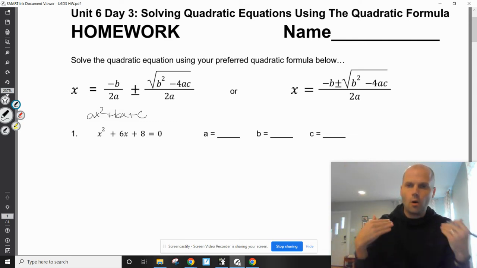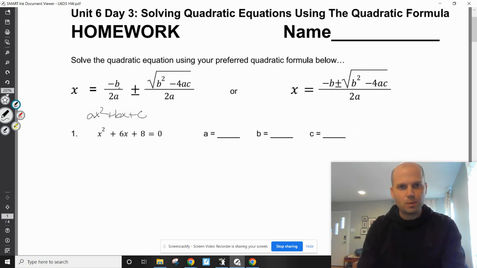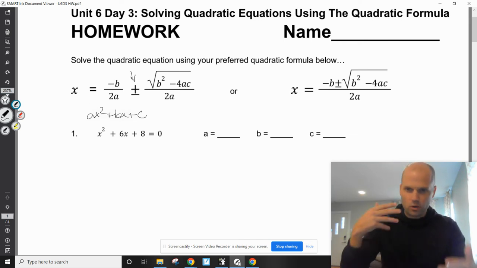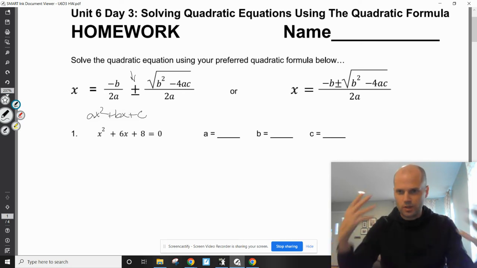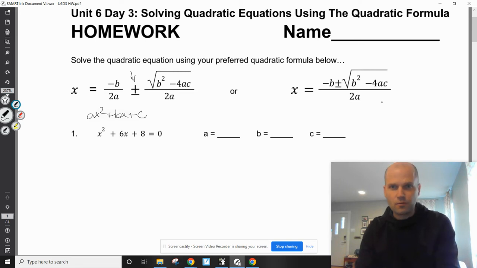Okay. All we have to do is use the formula correctly. We see the plus or minus. Remember, when we're using square roots to solve equations, we need a plus or minus. There it is. It's right there. See how there's two different forms. It's either one big numerator divided by 2a or two different parts, both divided by 2a,